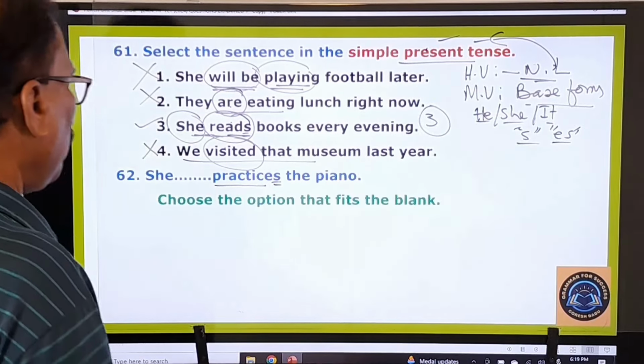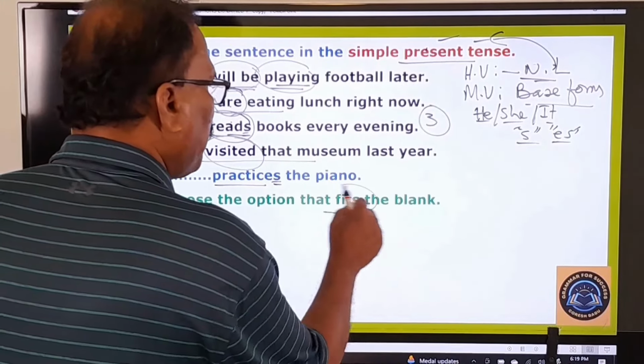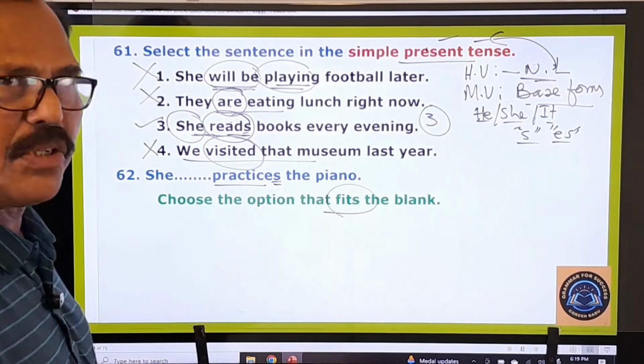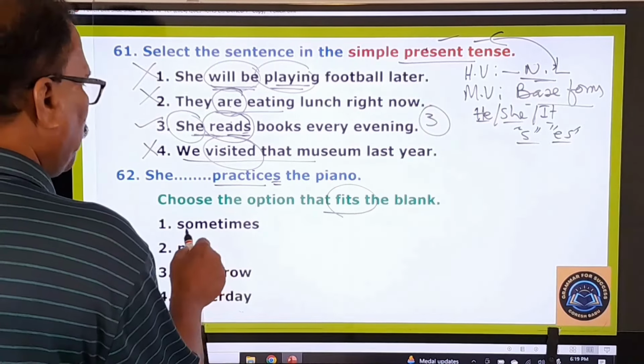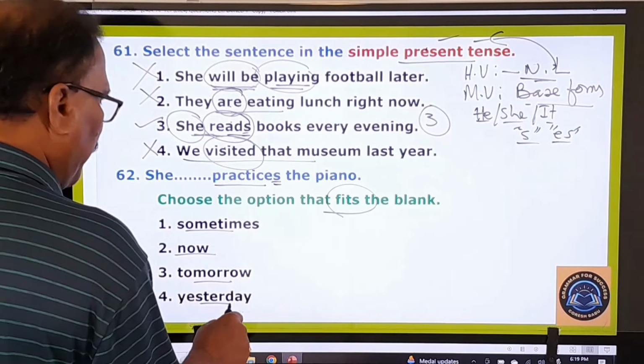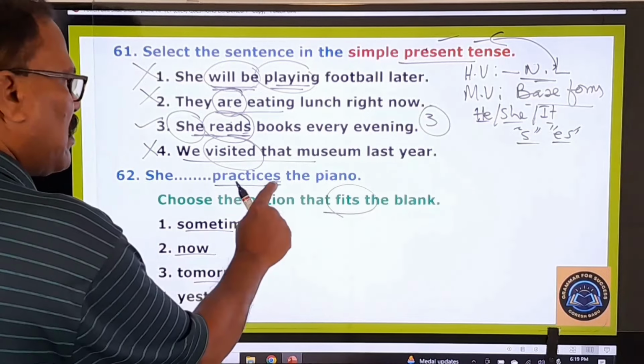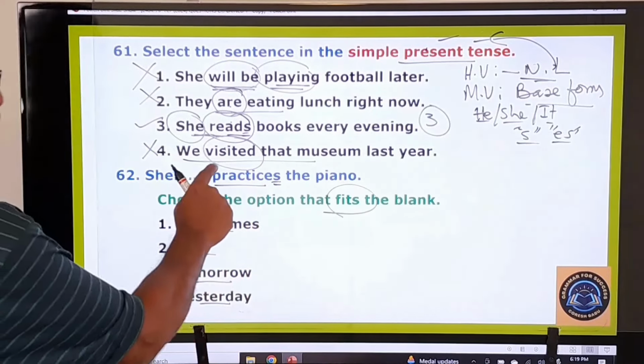What is the examiner asking you to do? Choose the option that fits the blank. Okay, now let us look at the options. What are the options given here? Sometimes, now, tomorrow, yesterday. So if you observe this sentence, now you understand that this is in the simple present